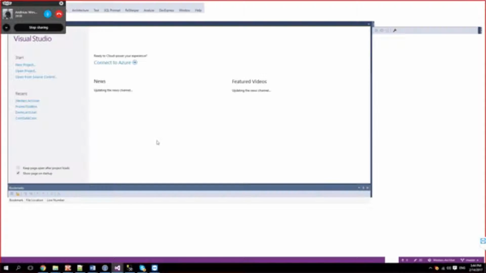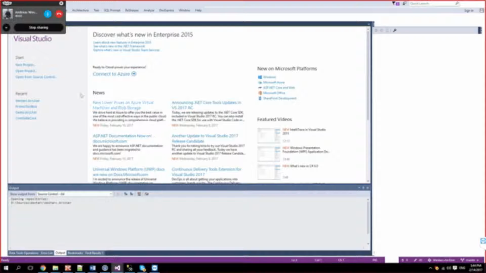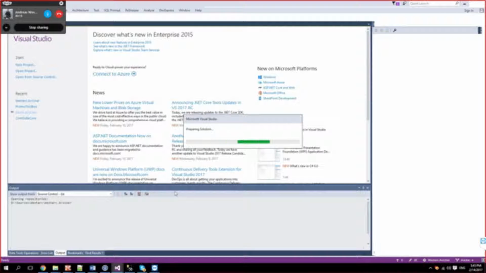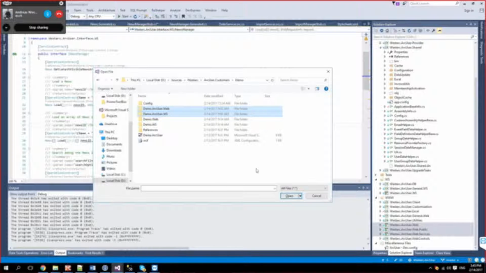So if you don't run it as administrator, you might have some issues the first time at least. Okay, we can do it. We can take it some other time. I won't start this project in this Visual Studio. I'll just compile stuff.